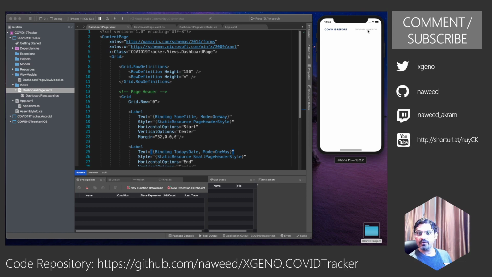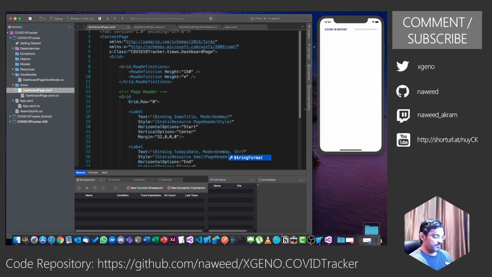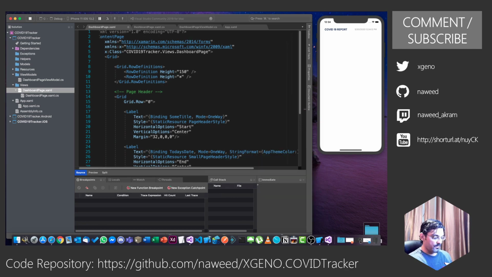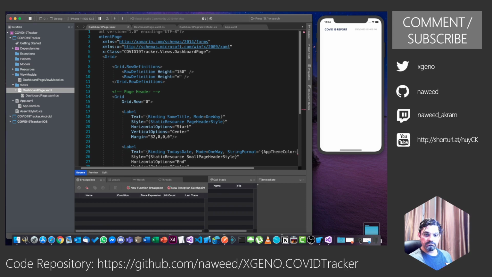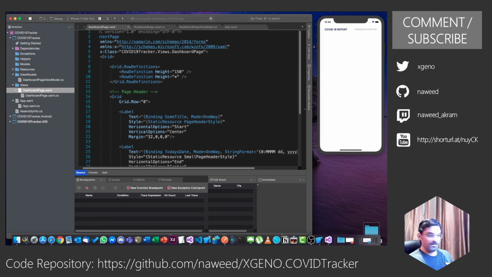Yeah, so you can see our date is coming dynamically, but we want to format it differently. So we'll say string format equals to 0, and I want to display it as day and the year.